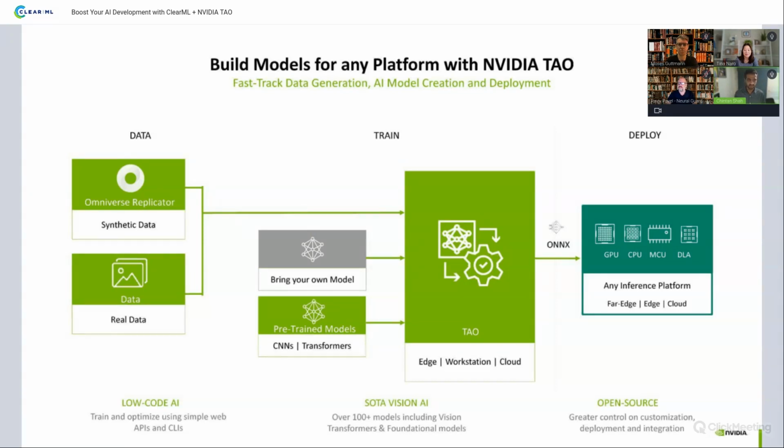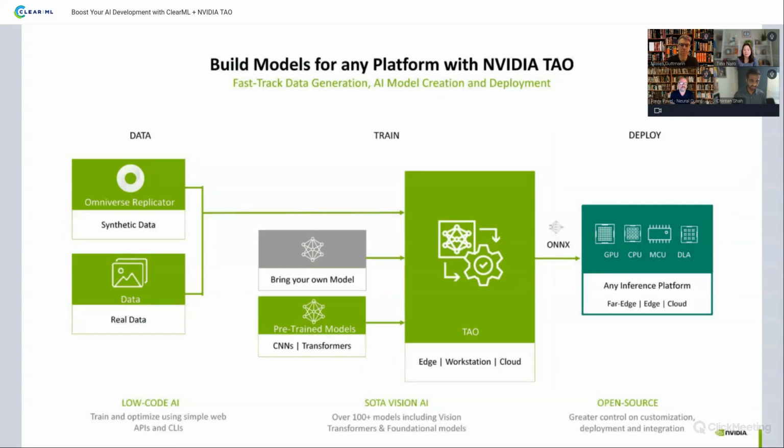The way we do it is we package everything in an easy-to-use Docker container, and we expose all the models with a config file and a Jupyter notebook. You can have data, which could be real or synthetic, and this can be plugged into TAO to quickly fine-tune and optimize the model. You have a large selection of pre-trained models from CNN to transformer models, and I'll talk about all the different models that we have. What TAO provides is the training and fine-tuning capability, along with model optimization and inference optimization, being able to trim down the size of the model.